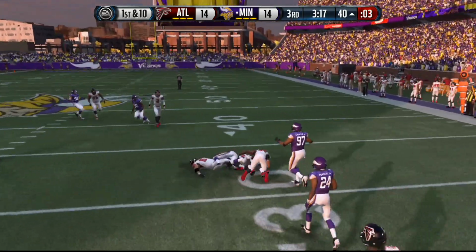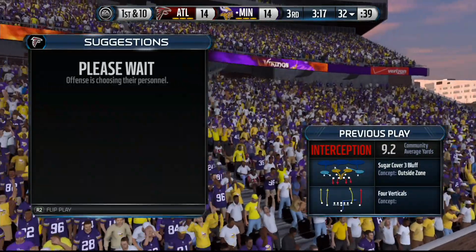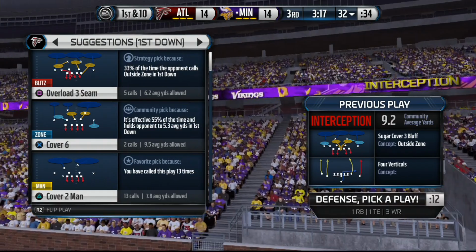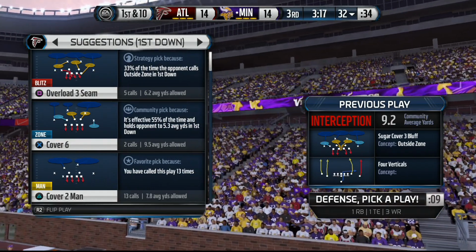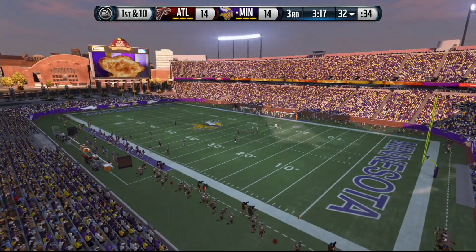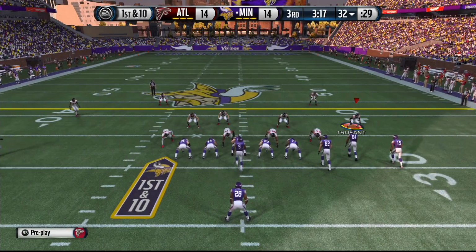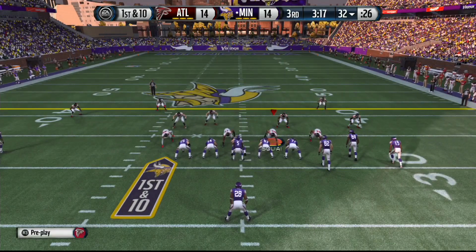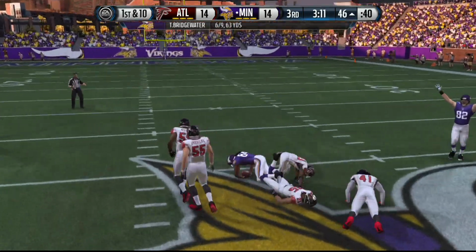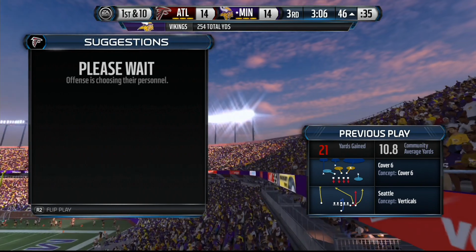And the ball is out, and it is intercepted again by a Viking. And I'm not sure who that is. Xavier Rhodes. Huge interception there by him. And talk about another great young cornerback. Rhodes just with a big game, a big interception there, a much needed interception. The Falcons really needed to put that one into the end zone, and the Vikings get chances again here,